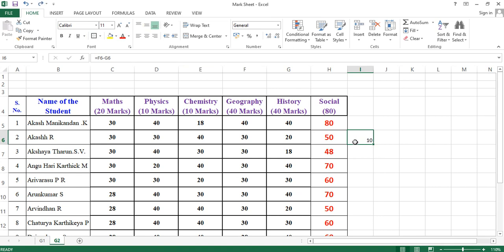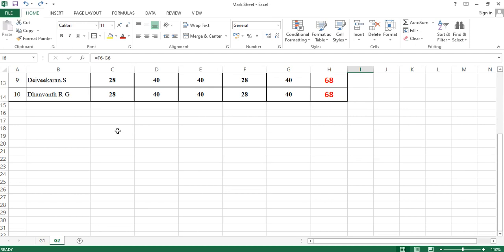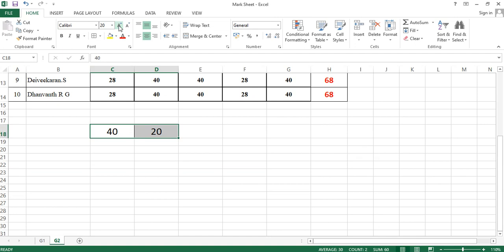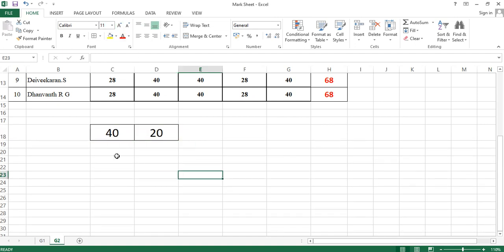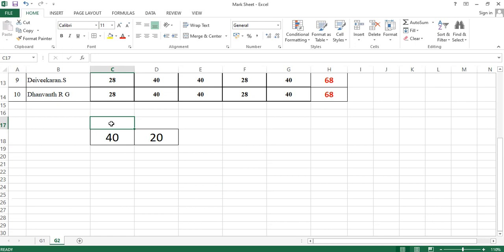And if you want to do the division, for example, I keep two numbers here, that is 40 and 20 in this cell. Okay, so here I'll make it center and increase the font size. So here two cells are there. This is the first, number 1 value.